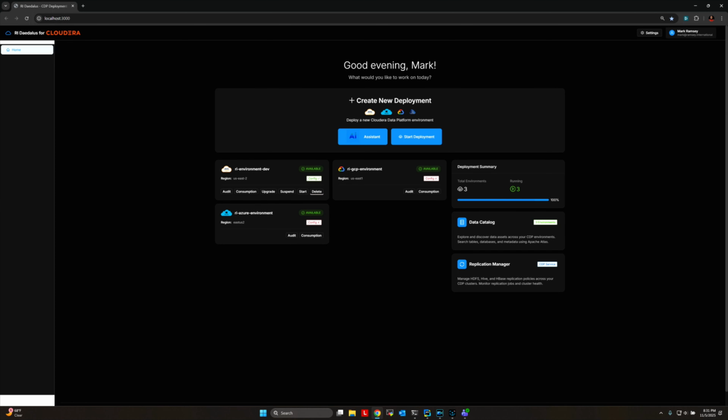Hello. Over the next few minutes, I'm going to demonstrate the Daedalus user interface for the Cloudera data platform. You can see here, this is the main screen. We currently have three environments that are running. We have one that is running on AWS, we have one that's running on Google Cloud, and we have one